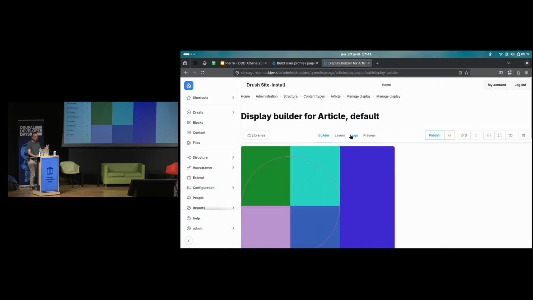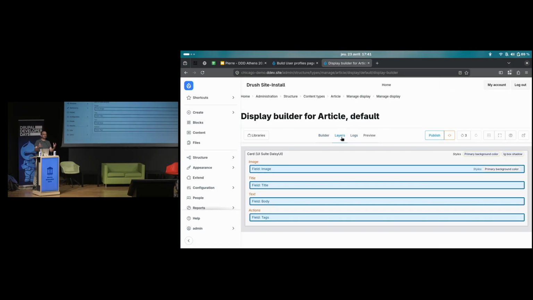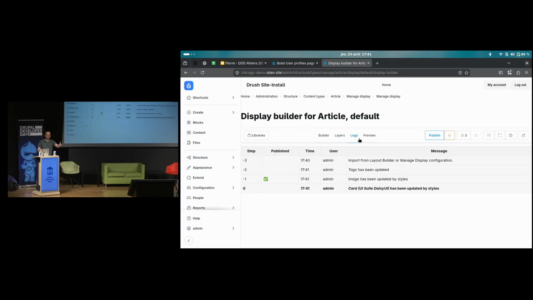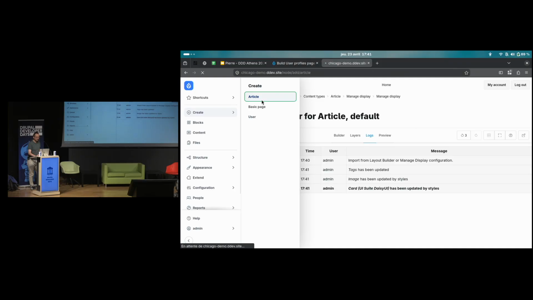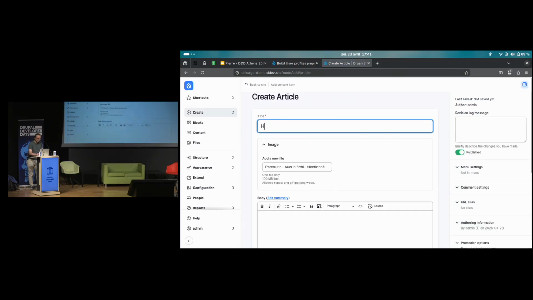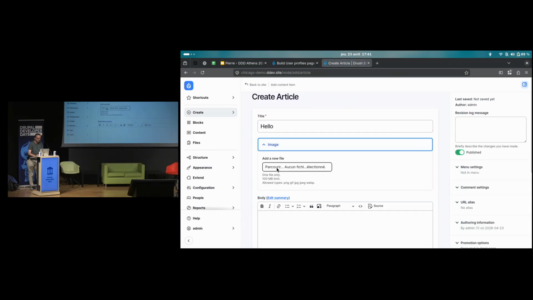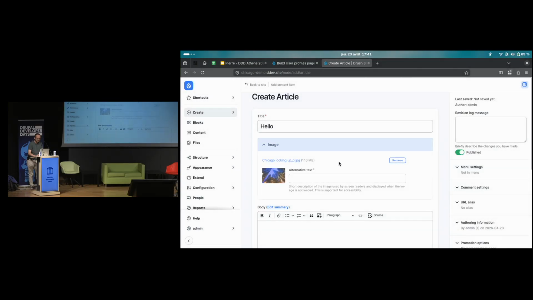So you can see here, we have many different ways of manipulating, and we have a very nice log system. I can go redo, undo, I do whatever I want, and I can publish. So let's publish this. I create an article. Hello. An image.